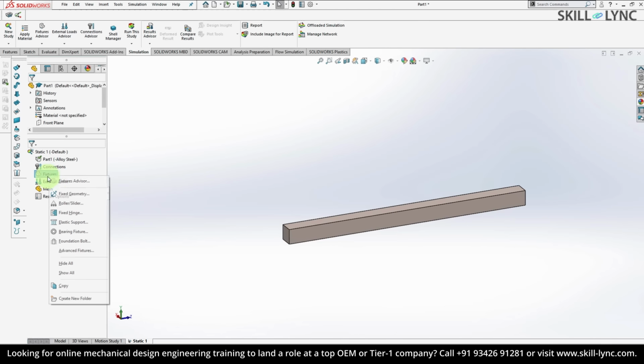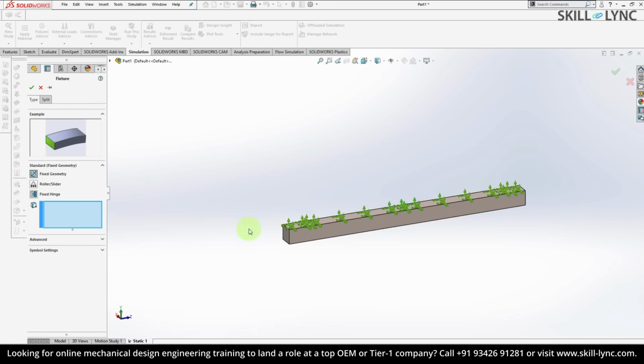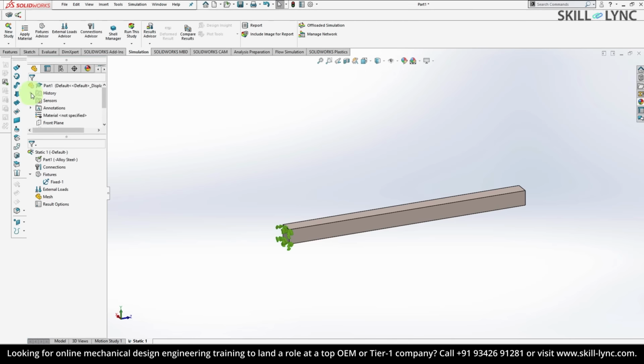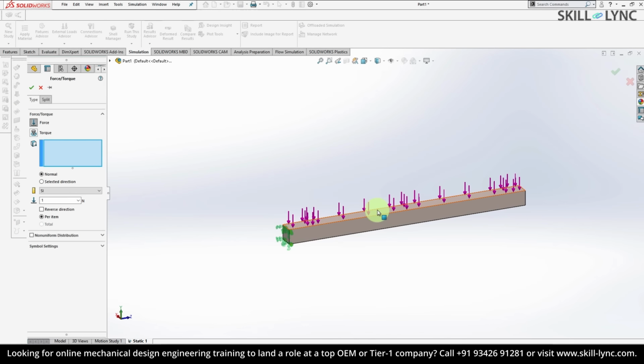So let's go ahead, define the fixtures. Since this is a cantilever beam, let's fix one side of the beam and click OK. Now to apply a uniform load on this face, right click on the external loads, select force, select the face you want to apply it on and input a value of 1000 newtons,